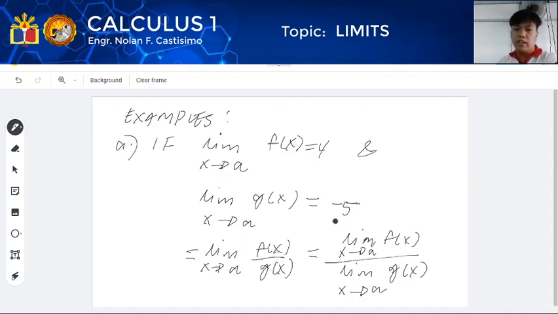Mali yung nasulat ko. Dapat hindi yan underline. So, ibig sabihin yan, itong value ng f of x and g of x, i-substitute lang natin dyan. So, magiging